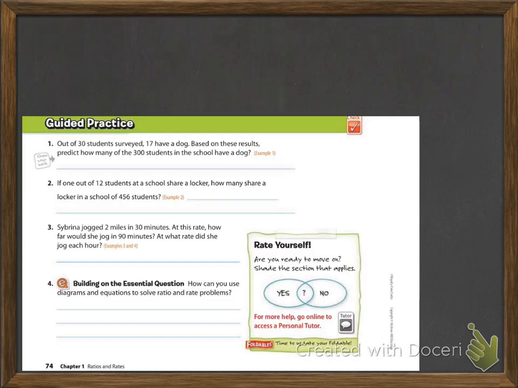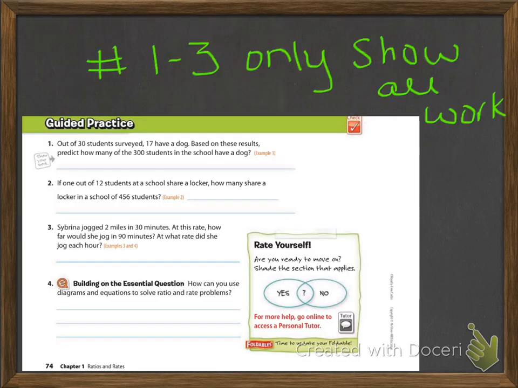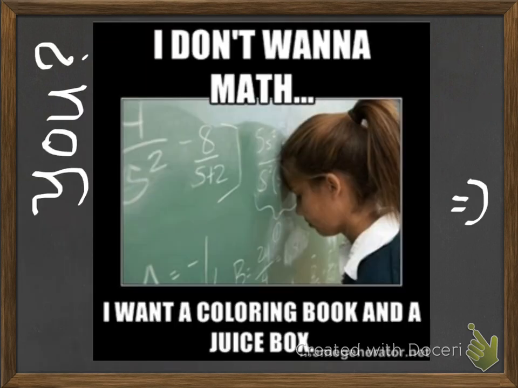All right, so now you have made it to the guided practice. Yay! All right, so now all you need to do is numbers 1 through 3. You want to make sure that you show all of your work. If you need some extra room, use your line stickies as well. And make sure your final answers have units. So I need to know, are we talking about dogs, unicorns, ponies? What are we talking about here? So 1 through 3, and then